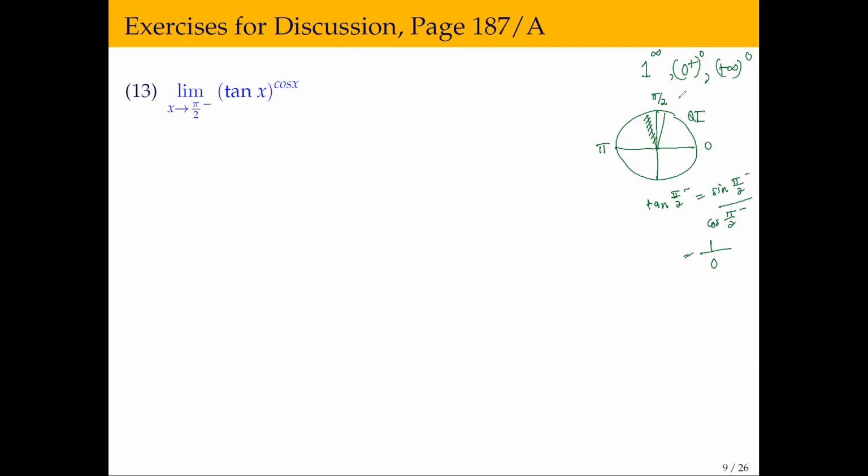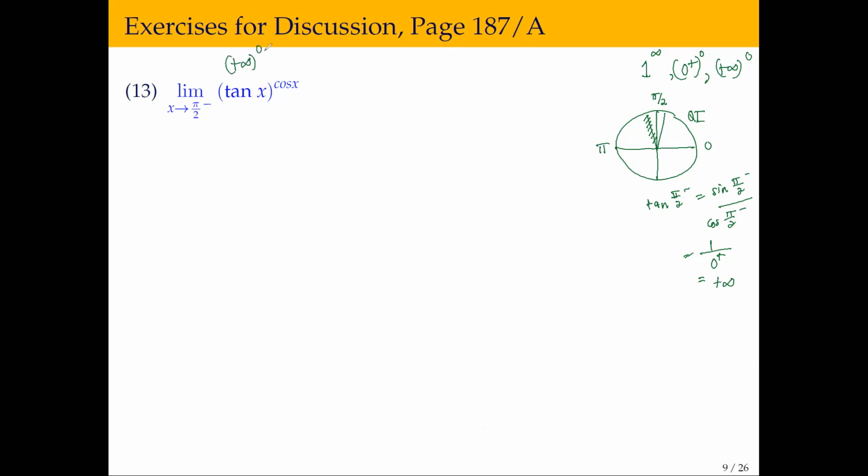Ngayon, sabi natin yung angle na kinoconsider natin ay nasa quadrant 1 and we know that cosine function is positive in quadrant 1. So, this must be 0 plus. Thus, tan of pi over 2 from the left is positive infinity. And since cosine of pi over 2 is 0, you have an indeterminate form of type